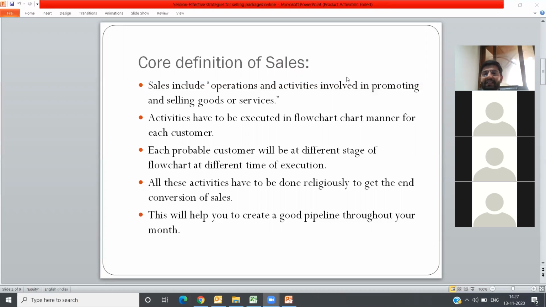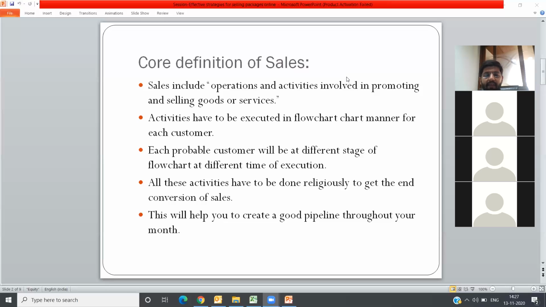So each and every step has its own demand and its own importance. You have to follow those steps religiously for each customer. In some cases you will be lucky enough that the customer will come directly to you due to some rates or some sold out status and all, and you will be able to skip some steps and generate sales. But for 90% of cases you have to follow this list of activities.